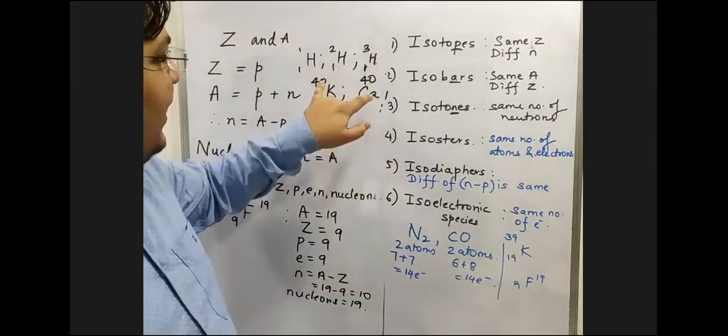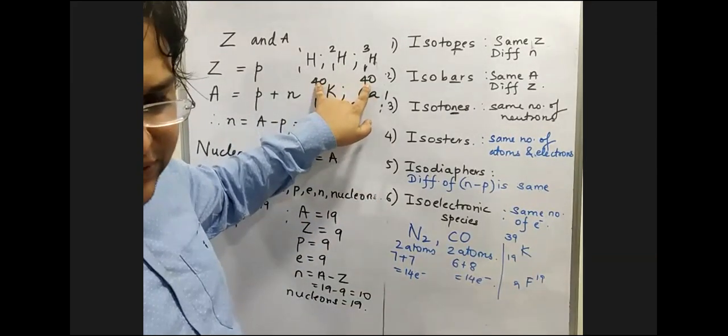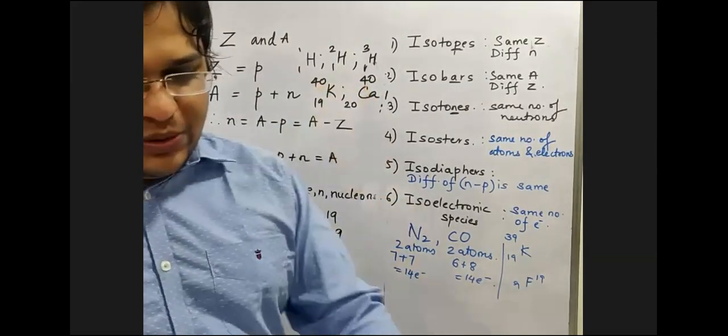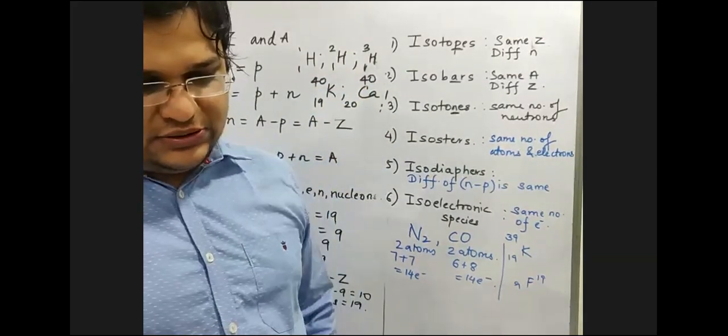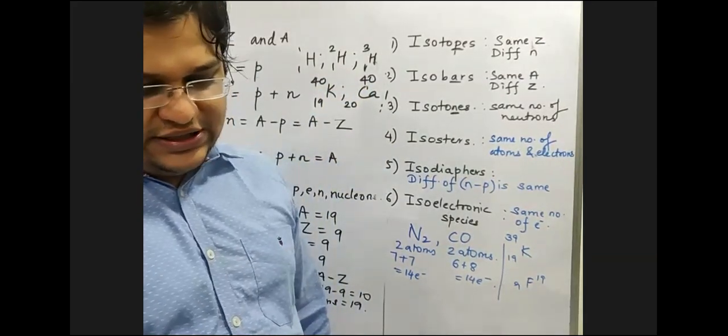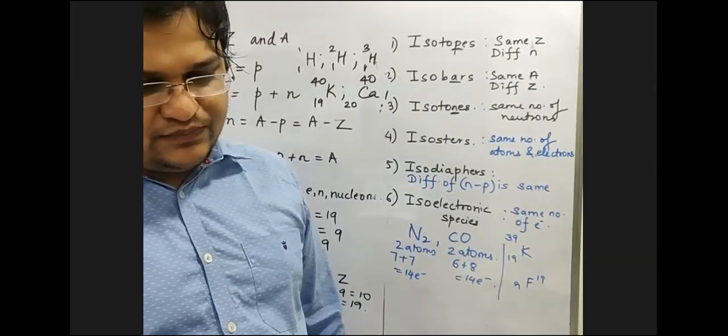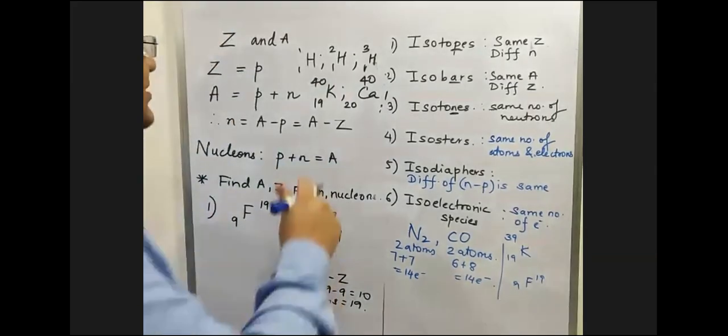Can I say A same है? Can I say these are isobars? Next,